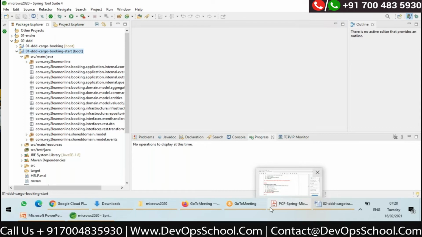The other modules also may need to subscribe to that event. So the event object might be a shared object. Generally between bounded contexts, there will be shared domain classes. So basically events will be shared event classes.